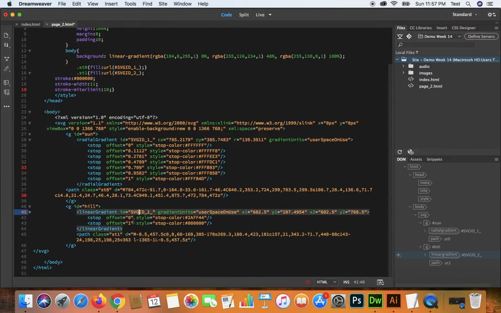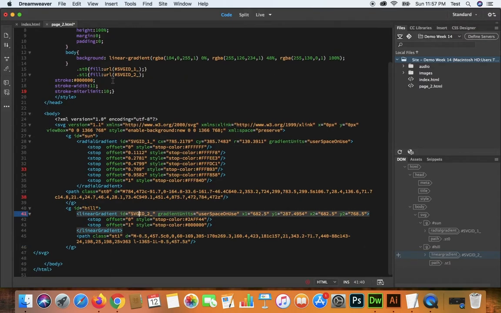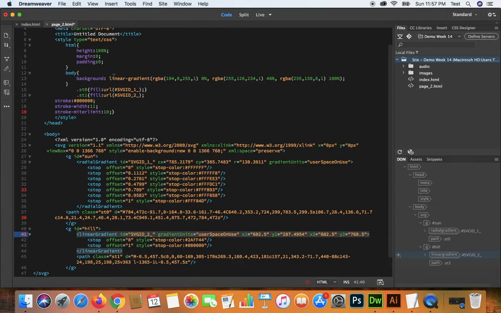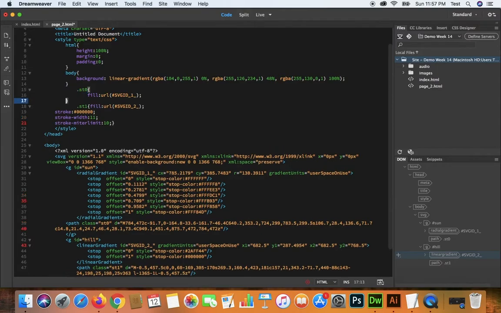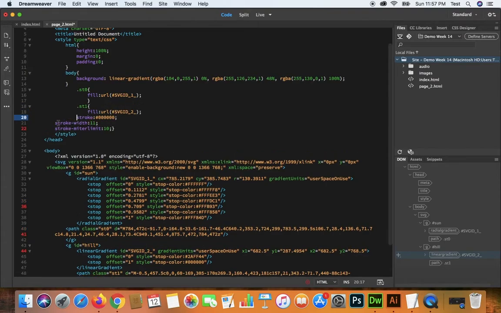We have this linear gradient applied to the fill. Okay, and it just so happens that this class, or this graphic that has been assigned this class, only has a fill. It has no stroke. Well, this one has a fill and a stroke. So let's say, right, that,